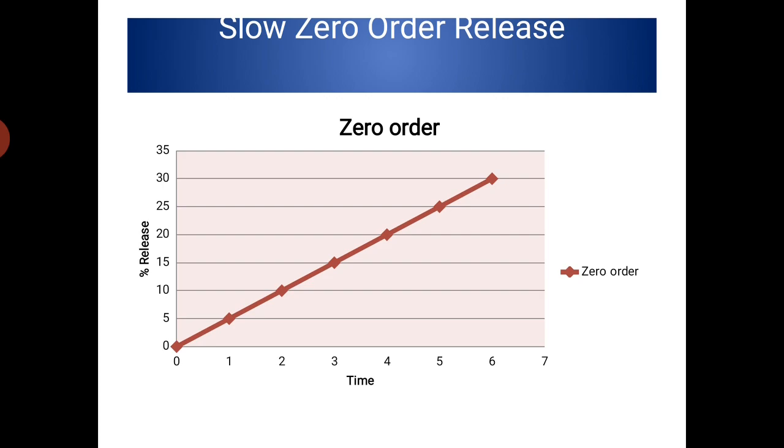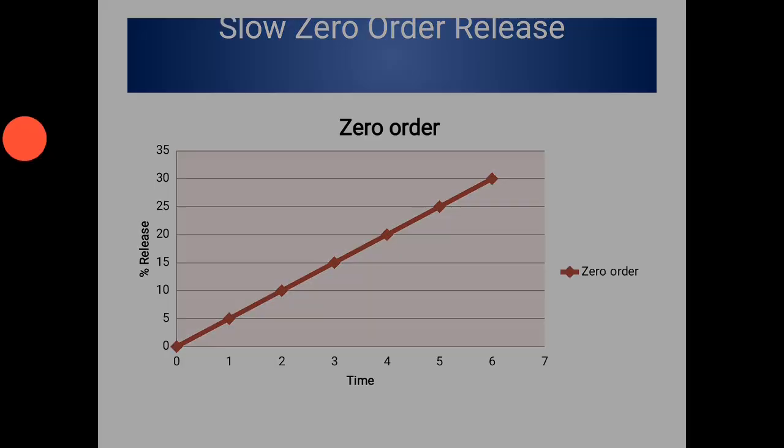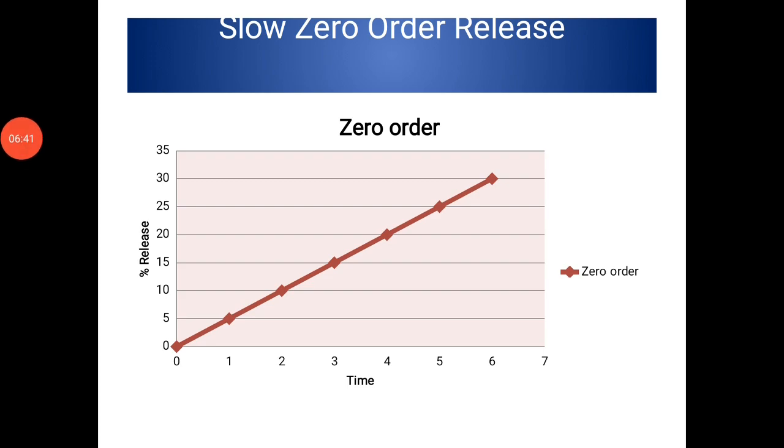So this is the graphical representation of an in vitro drug release against time. That means at every time point there is only a specific amount of drug released, and we got a straight line. We got a straight line in the increasing order. So when you plot a graphical representation of percentage drug release against time, if you get a straight line, that means it follows a zero order kinetics.